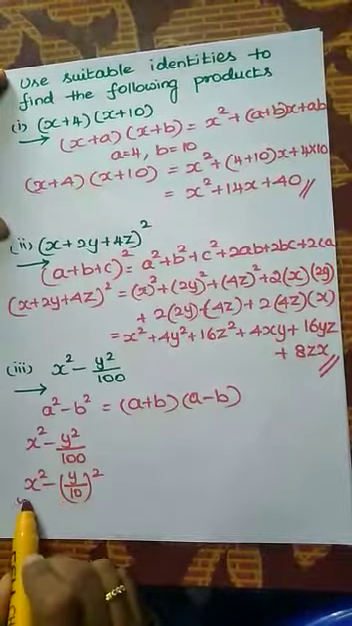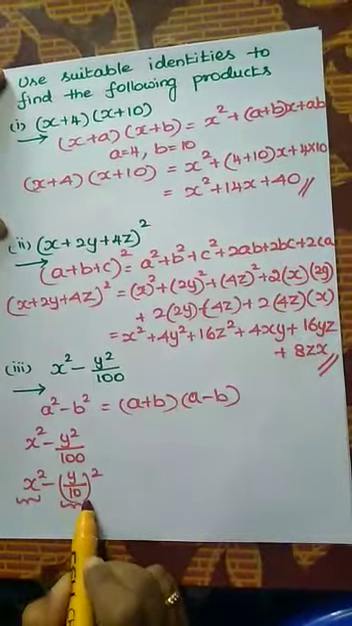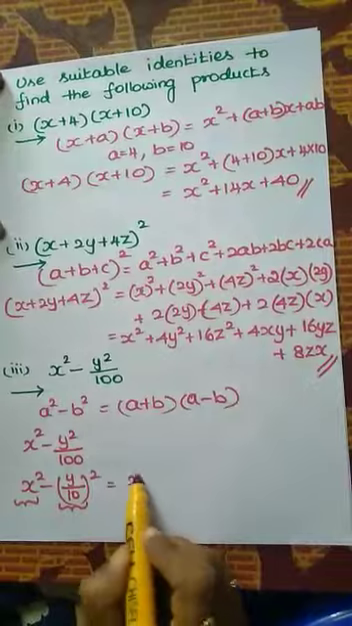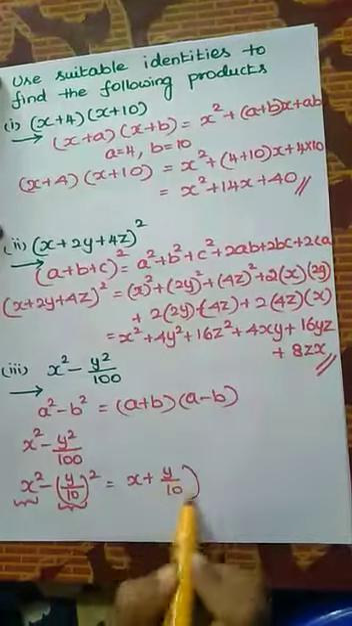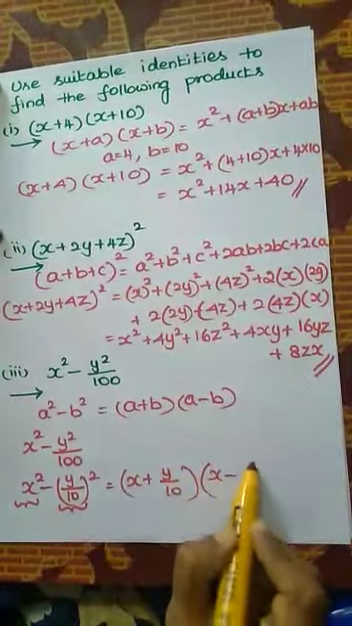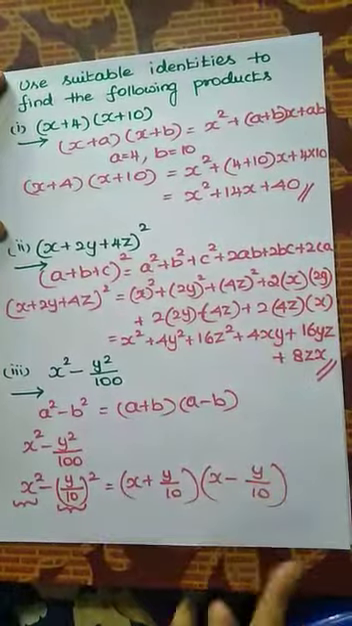Now, our a value is x and the b value is y by 10. So, we have to write x plus y by 10 into x minus y by 10. Okay. The next one,